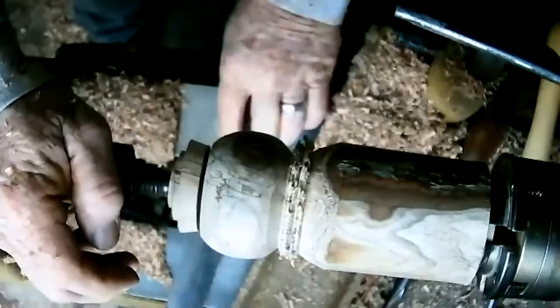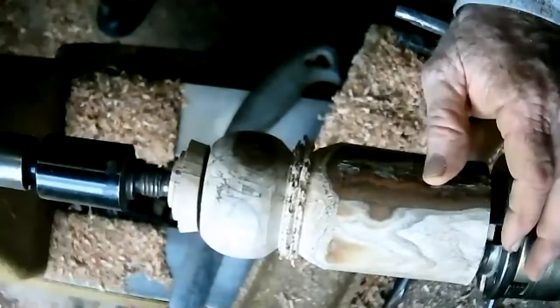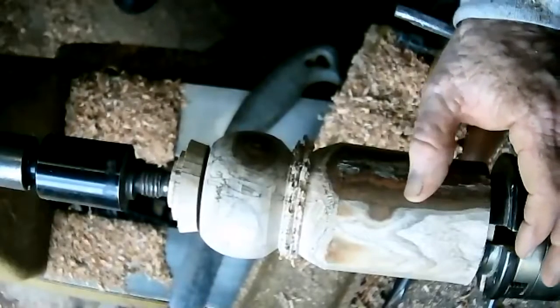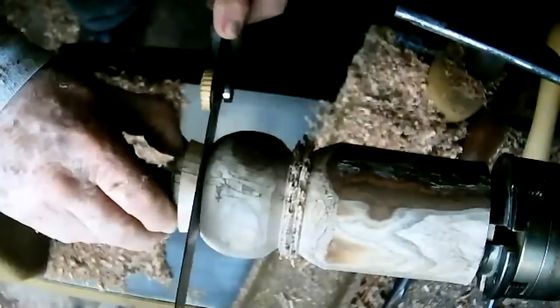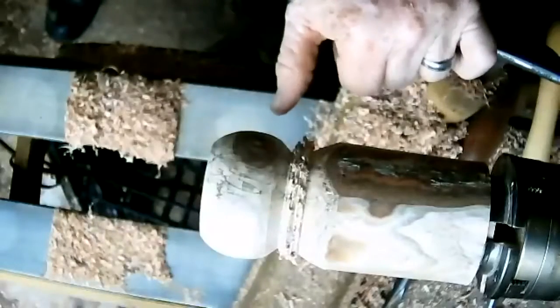Now at this point, depending on the wood, what Jack did, because he was using a semi-punky spalted piece of tamarind, he saturated this tenon, this plug with CA glue, which I'm not going to do on this project. But it's something to take into consideration depending on your wood. So we set this plug aside,